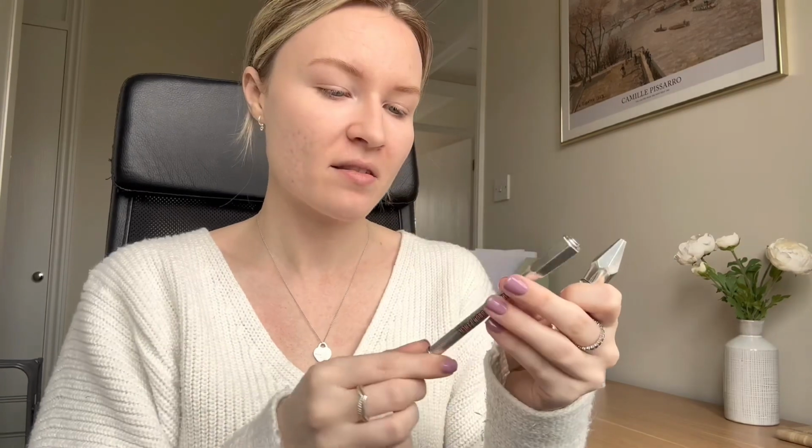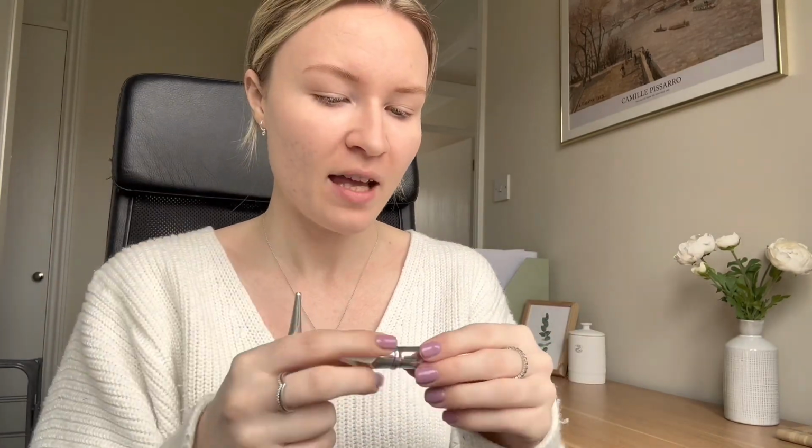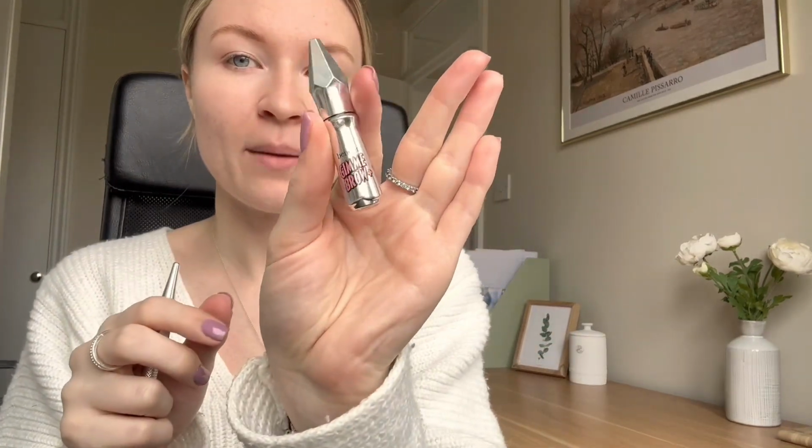So for my brows, I use a couple of Benefit products. I use the Precisely My Brow Pencil in shade 2.5, and then I also use the Gimme Brow Gel, I suppose it's called Brow Volumizing Fibre Gel. At the moment I'm using shade 2. I do usually have shade 2.5 in the full-sized version, but they didn't have my shade in stock this time,